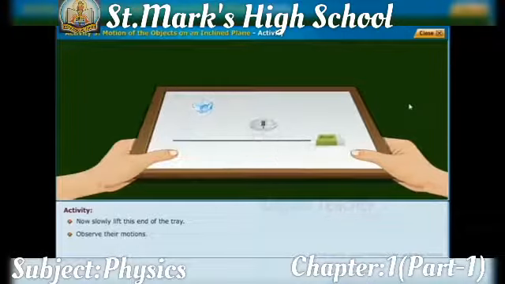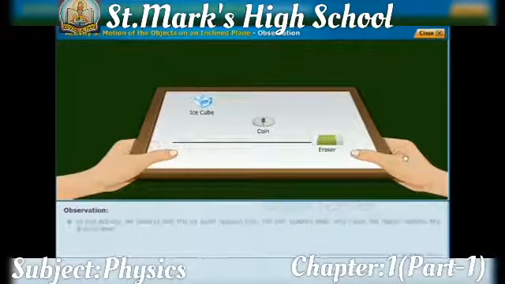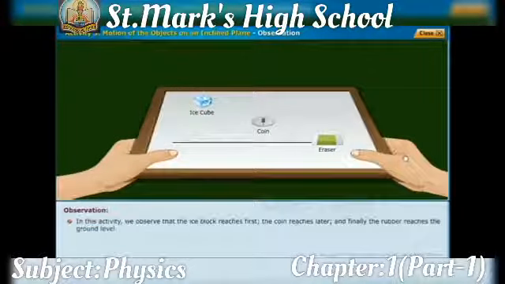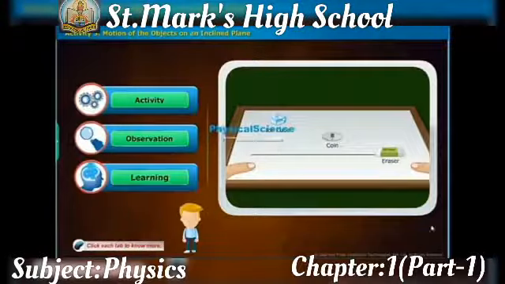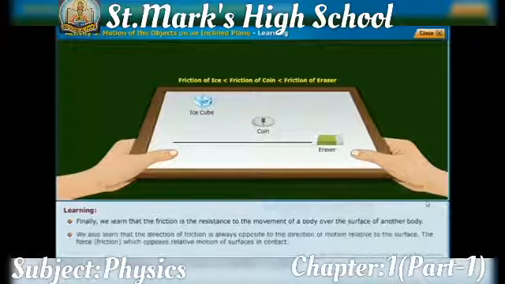Observe their motions. In this activity, we observe that the ice block reaches first, the coin reaches later, and finally the rubber reaches the ground level. Finally, we learned that friction is the resistance to the movement of a body over the surface of another body. We also learned that